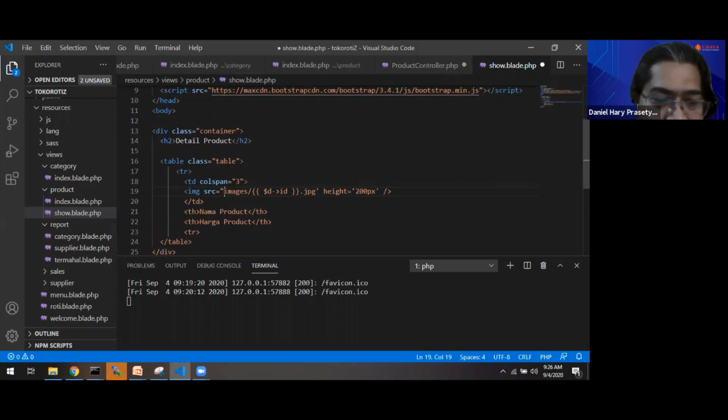Oh, we can have an asset function here. We can use the asset function to make sure the folder is in the public folder. If we use assets and then image, and then follow it with data.id, show it with JPG.